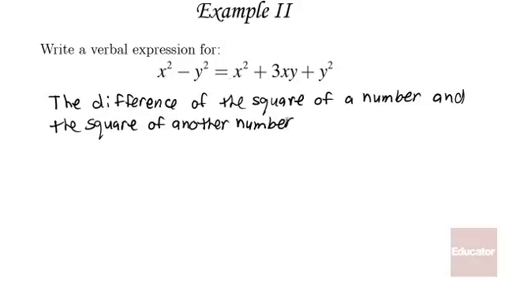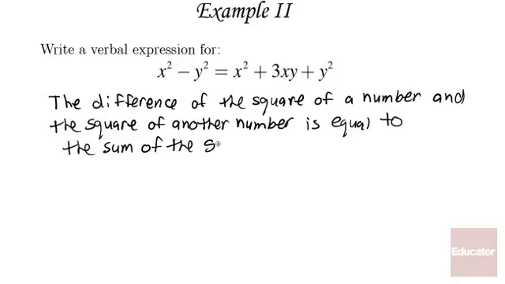Next I have an equal sign, so is equal to the sum of the square, okay, so we have sum, we're adding. So the sum of the square, and I want to make it clear that we're talking about the same number here and here. So I'm going to say the square of the first number